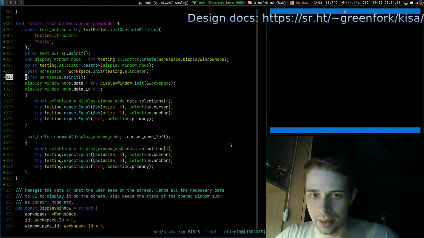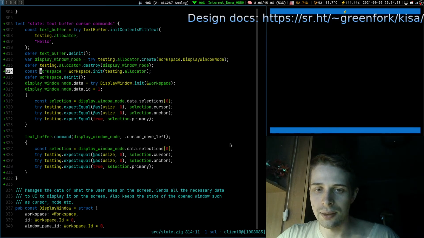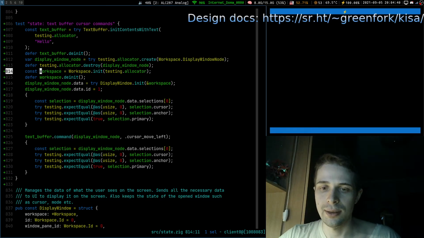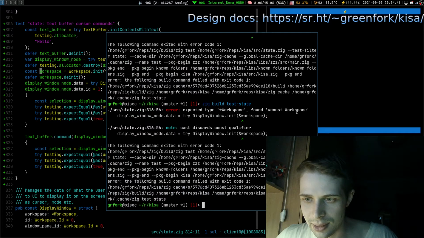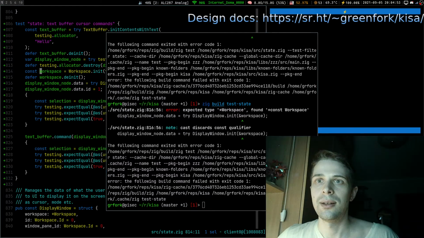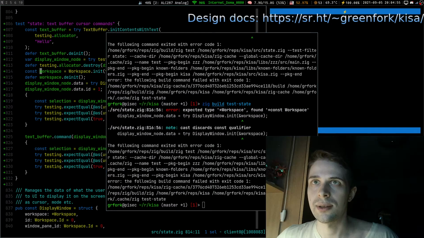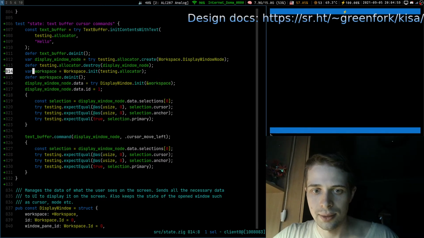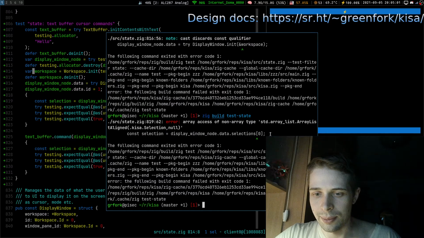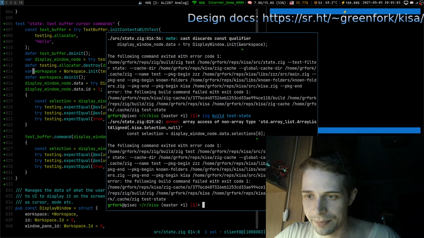Expected, yeah, this is a const workspace, so we mean that we don't want to change it anyhow, and it is also a constant reference, which says here that it is a constant reference, and we expect just a reference. Let's change this. Yeah, and we just change it to var, so we pass a mutable reference.